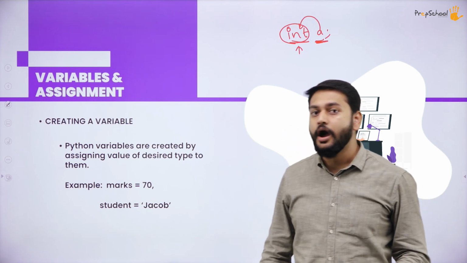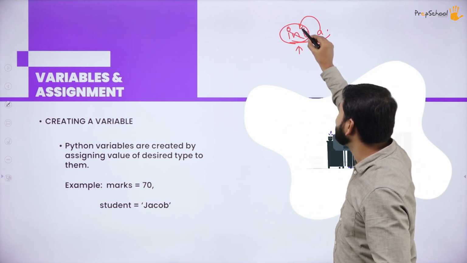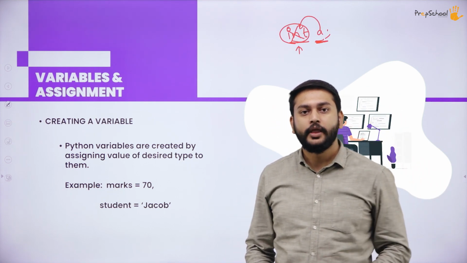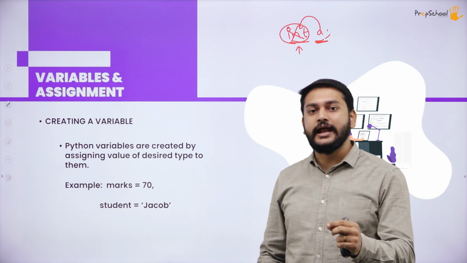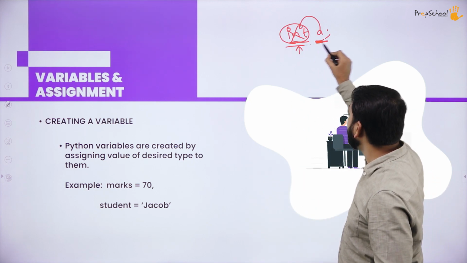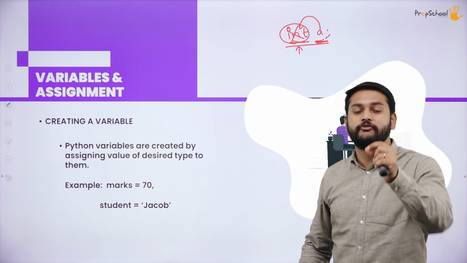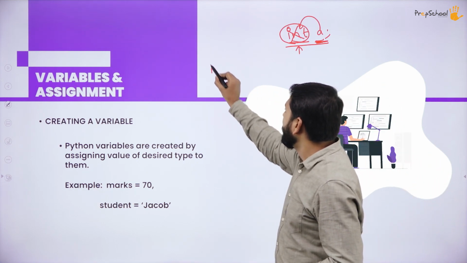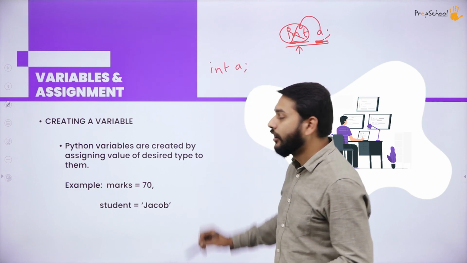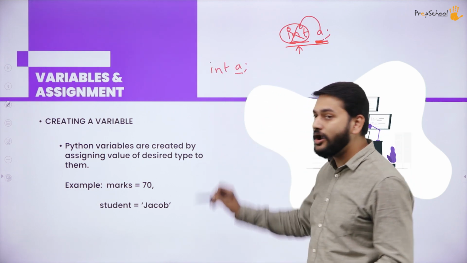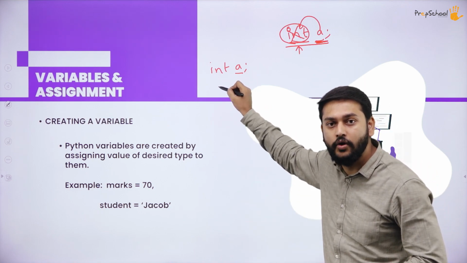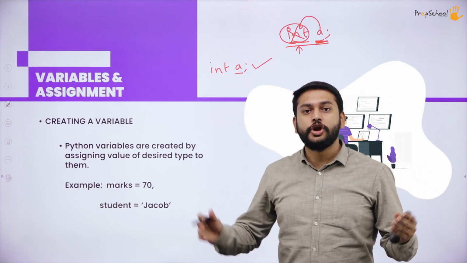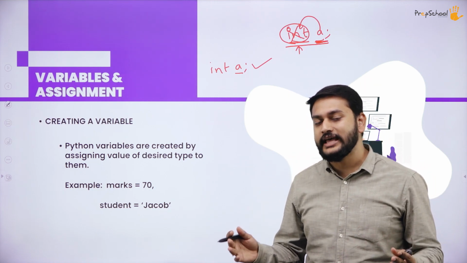But please remember, I don't have to specify the data type when I am creating a variable in Python. That is point number 1. Point number 2, in other languages I can create a variable like this before I assign the value. What exactly does that mean? If I write int a, I'm creating a variable but not assigning any value to it right now, and that statement holds good. But in Python, you are not supposed to do it like this. Then what do I have to do, sir?